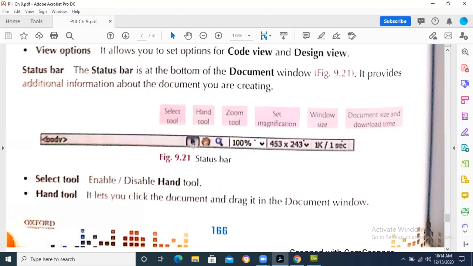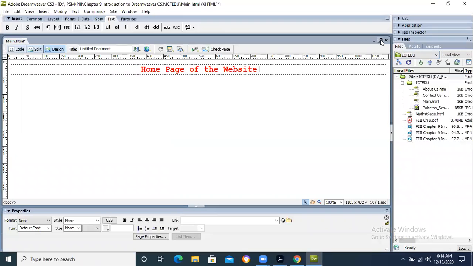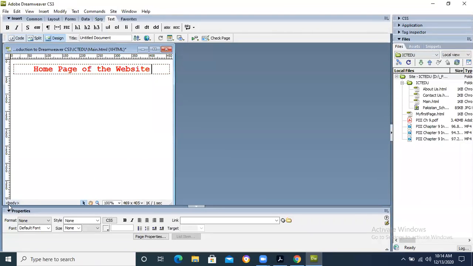In a status bar, normally what is shown over here is the selection tool, the hand tool to move the page here and there, and the zoom tool to see how much zoom the page has. When we click on this button of the page, right now you can see this is basically the status bar. Body is written over here, selection toolbar, hand toolbar. The hand toolbar is there to move the page here and there. Then the zoom toolbar is there. If I write over here 50%,